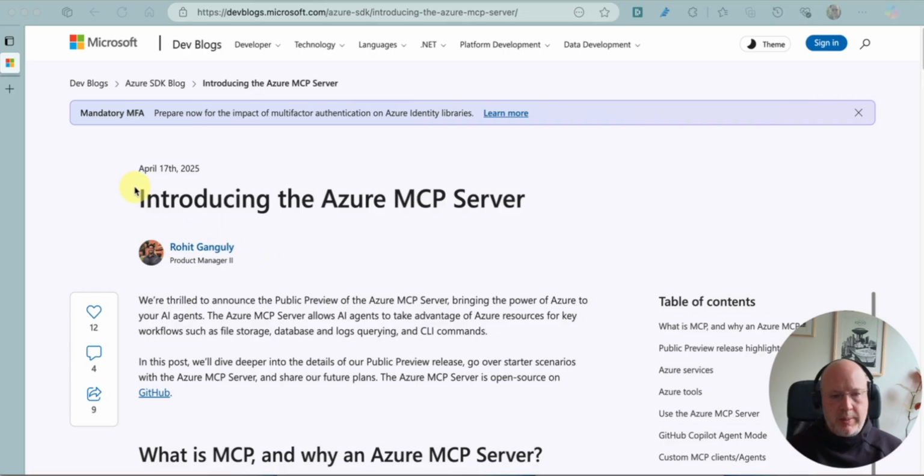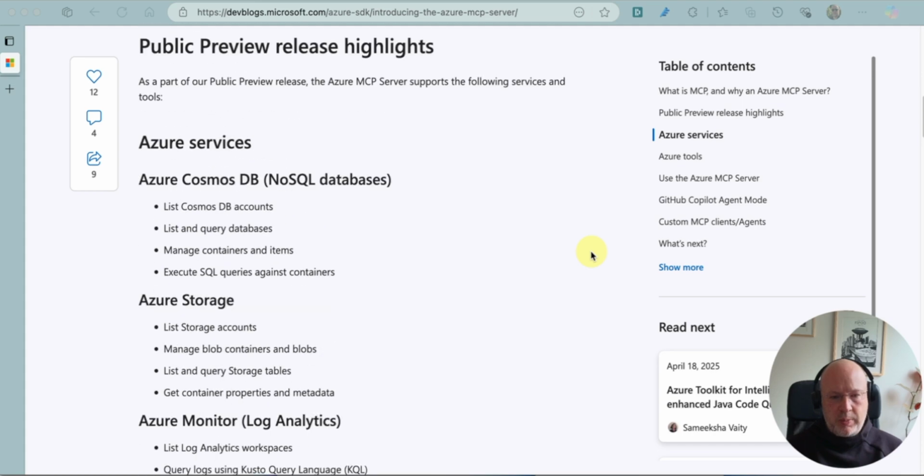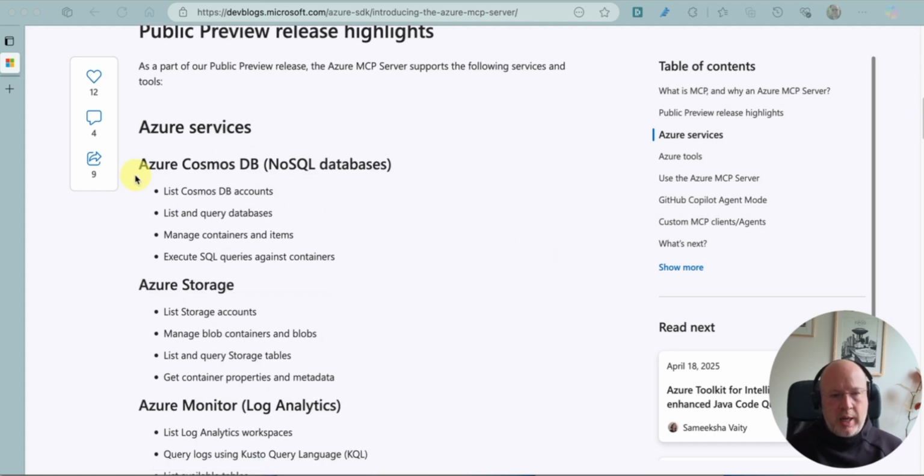On April 17, Microsoft launched the Azure MCP server. Basically, with this, any application that uses LLMs and supports MCP, like Copilot, GitHub Copilot, can have access to these services from Azure. What I want to show you is how to install this and do a quick test, since